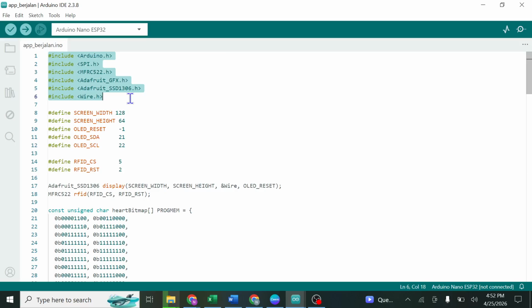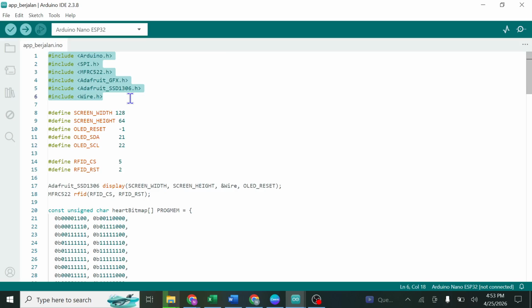SPI is used for communication with the RFID module, and MFRC522 is used to control the RFID reader. Adafruit GFX and Adafruit SSD are used for the OLED display, and Wire is used for I2C communication.